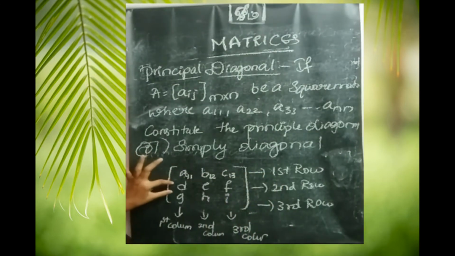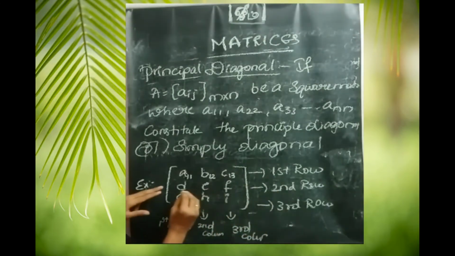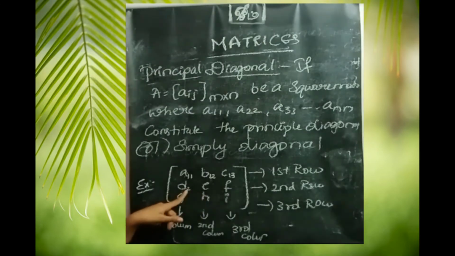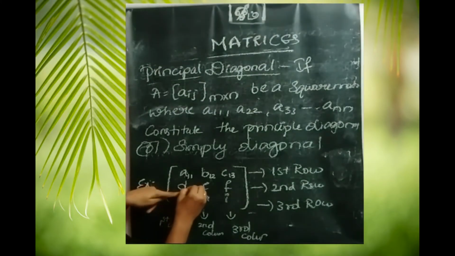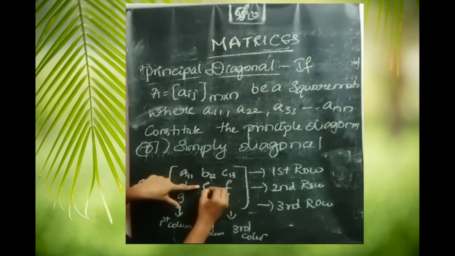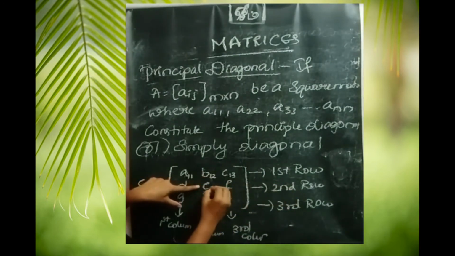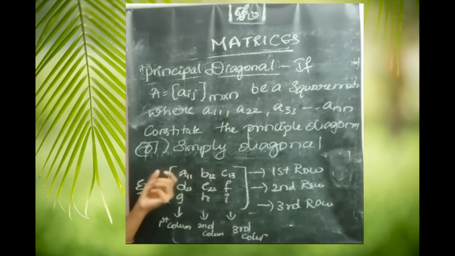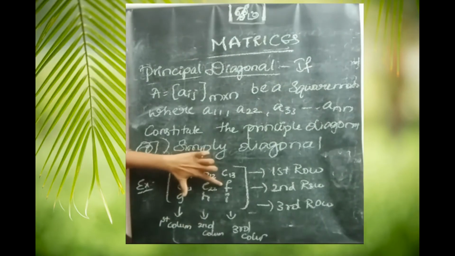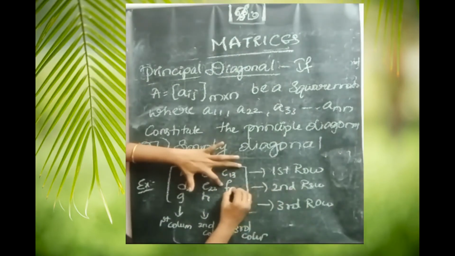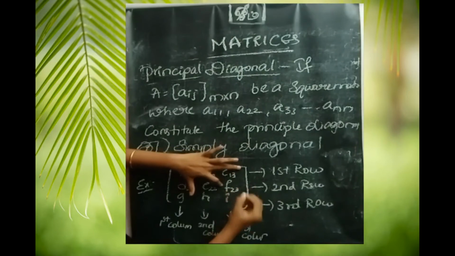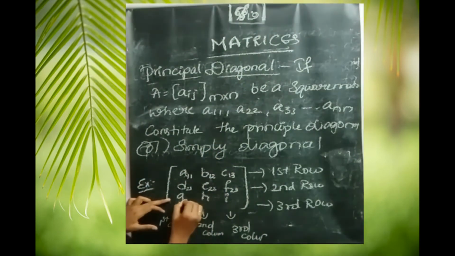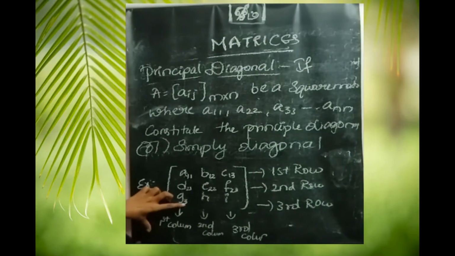Okay. Next D. This is in the second row. So D is in the second row and first column. E. 2, second row, second column. Don't get confused. Listen carefully and understand what the position is. F. F means second row. 2, 3. That's it. G. G is in the third row. First we have to write third. 3, 1.